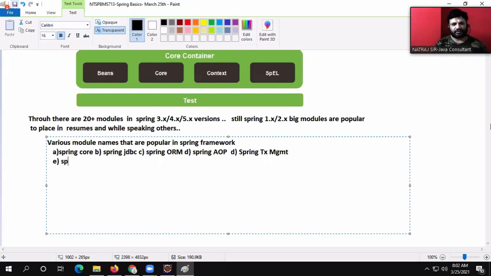Next, Spring web module. What module, guys? Spring web module. Next, Spring JEE module. Spring JEE module. These are and etc. These module names are popular. Now listen carefully. The following modules are